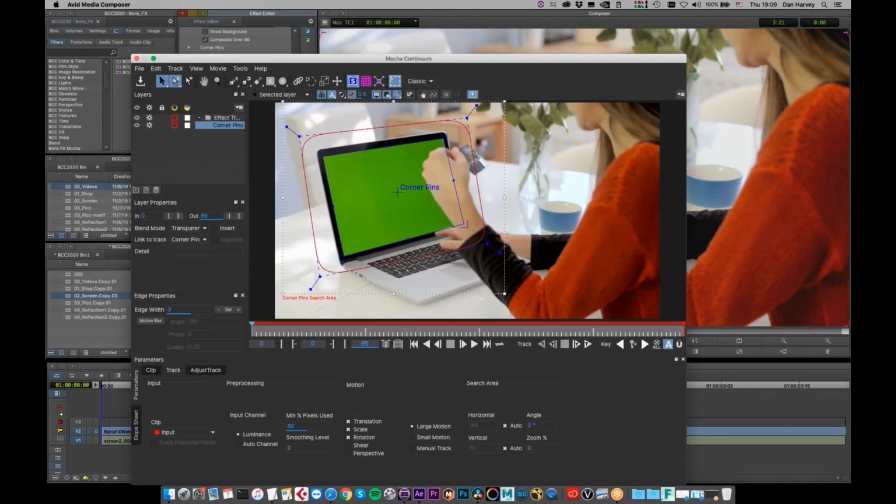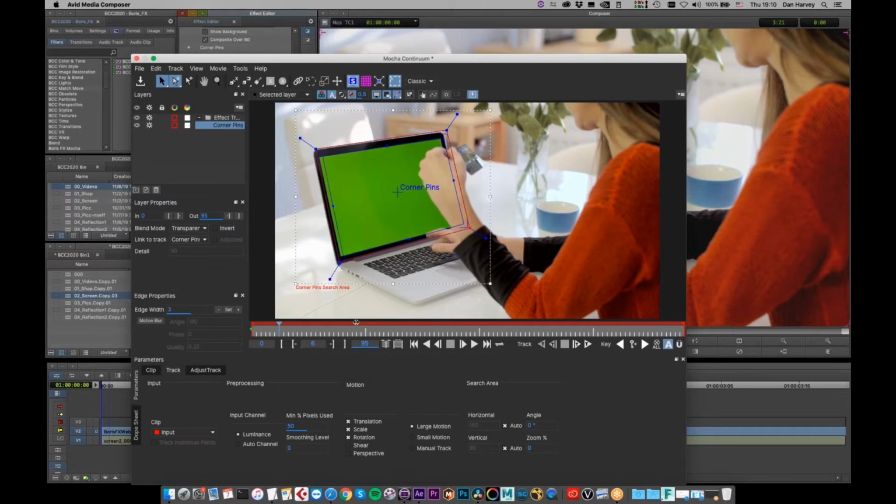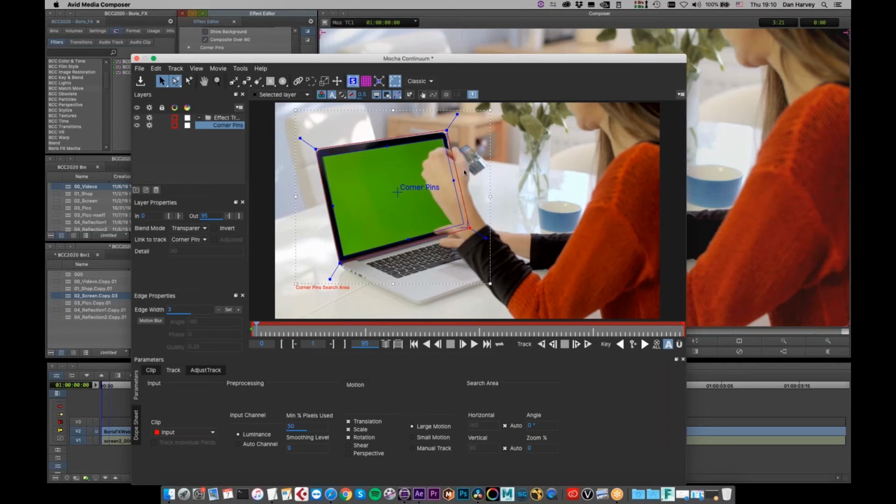As I said, this is going to be a little bit of a challenge because of the foreground occlusion. So I'll right click and drag to set the size of the shape that's going to be used to derive the track. I'm going to use the edges of the laptop bezel here, because that gives me a good area to track. And just align that roughly. I'm going to have a bit of a problem with her waving her hand about here,